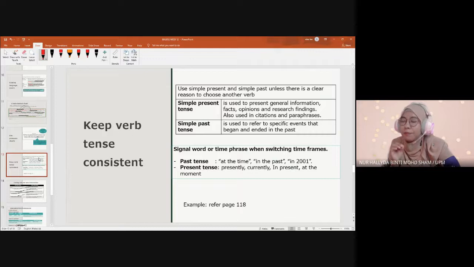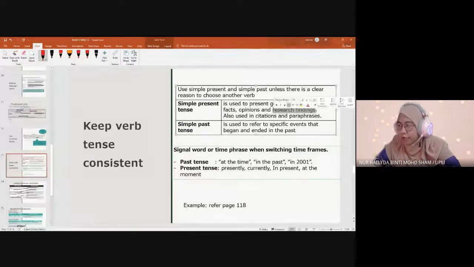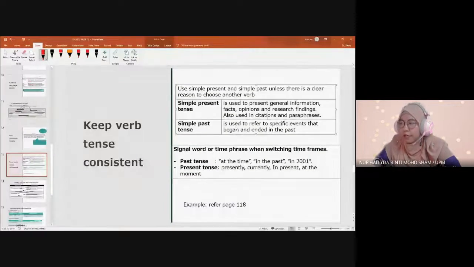Okay, use simple tenses, unless you feel like there is a need to use another tense, past progressive or perfect tenses, then you can use. If not, just keep it to present tense where you talk about general information, facts, opinions, and research findings. Research finding is in the present tense. You also use it in citations and paraphrases because it has become a fact. Fakta ni kita tak boleh guna past tense,